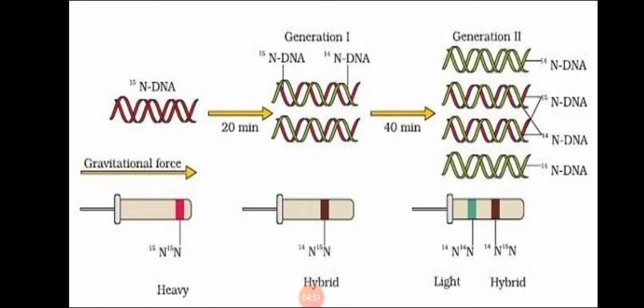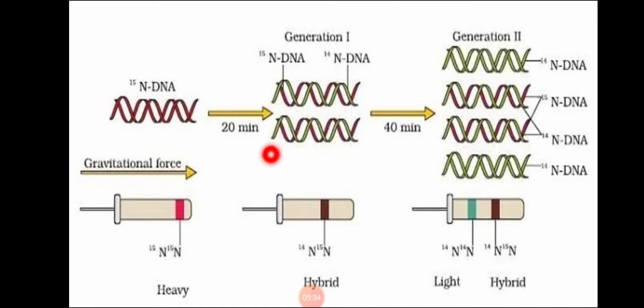What happened in the N15 medium? The result was that all the DNA showed the N15 isotope, and with the help of the centrifugation technique a band was obtained. After centrifugation, the band was obtained at the bottom of the test tube. Since N15 is a heavy isotope with high density, the band is formed at the bottom of the test tube. You can see here at the bottom of the test tube, the N15 medium.